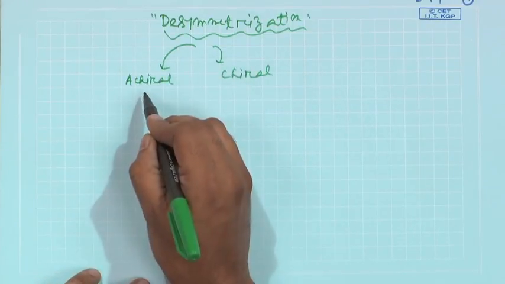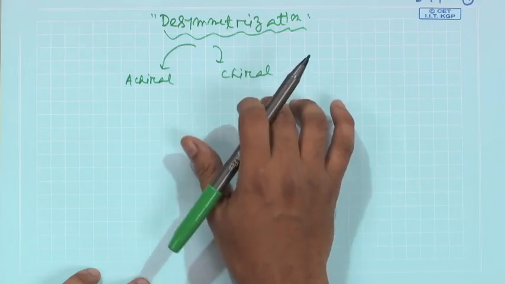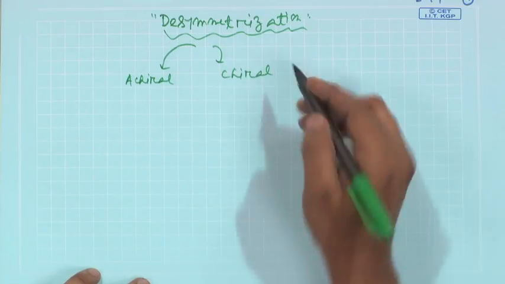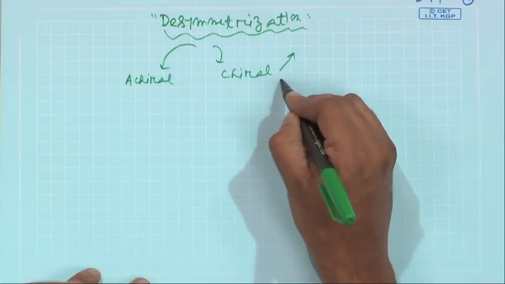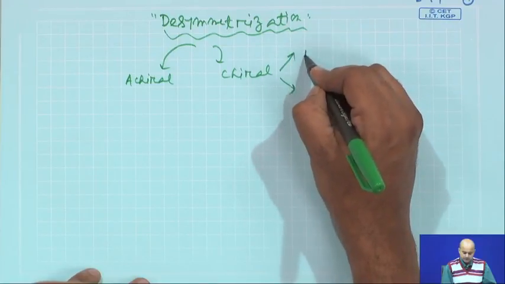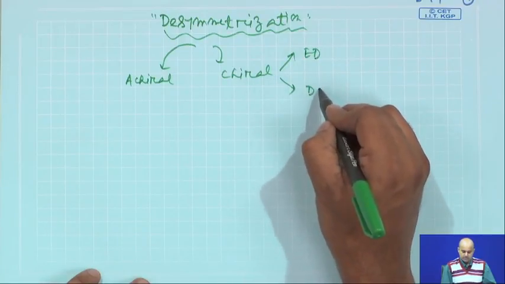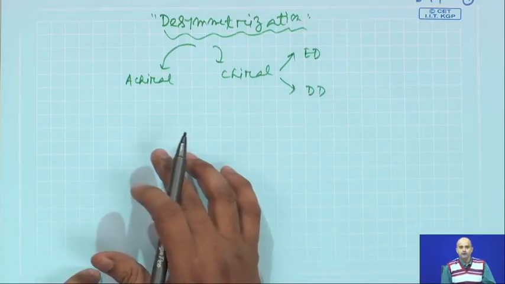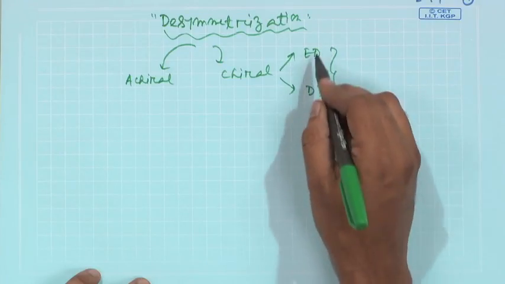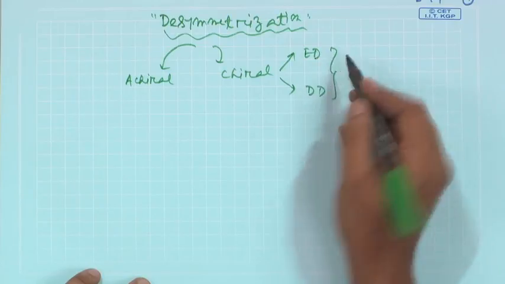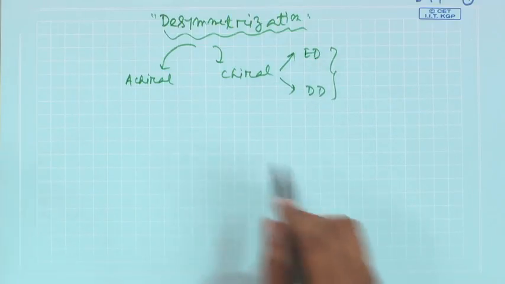As the name implies, achiral means the desymmetrization of this kind of strategy will give you an achiral molecule, and this case will give you a chiral molecule. Now, in this case of chiral desymmetrization, there are different desymmetrizations called enantioselective desymmetrization or diastereoselective desymmetrization. But definitely things will be a little bit complicated. We probably will talk about a few examples of ED and DD later on, but now